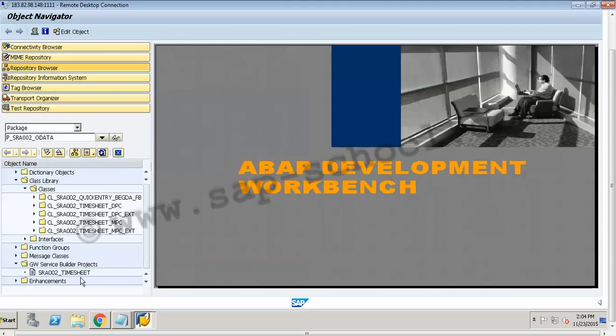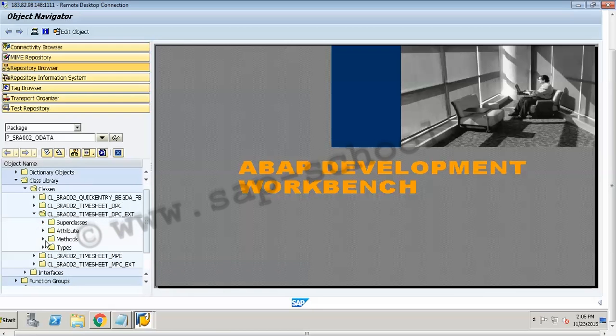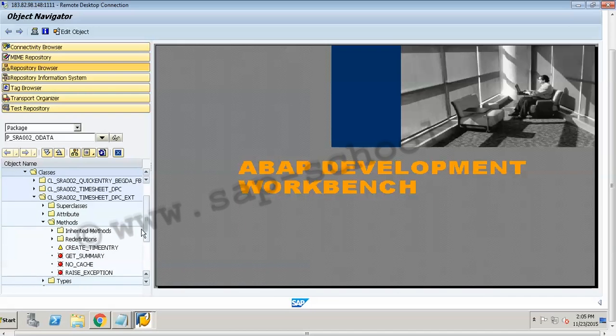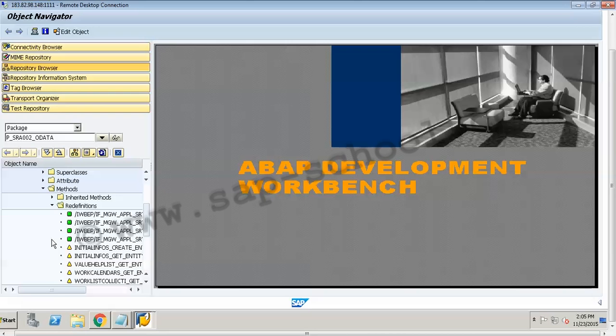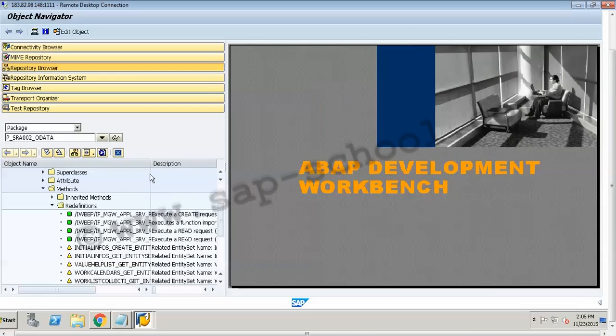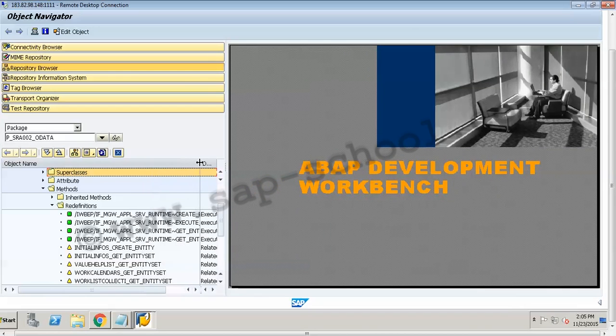Now once we are in this task, we have seen how we can check the different details. Now we will check the data provider class. So we have to navigate to the data provider class from the class library. Under the classes, we have a data provider class inside it. If I go to my data provider class extension, to the methods, redefinitions, then here we can see the options which are available.